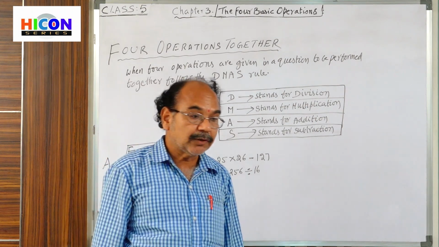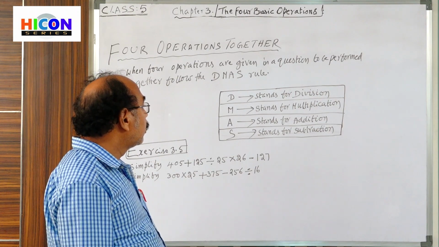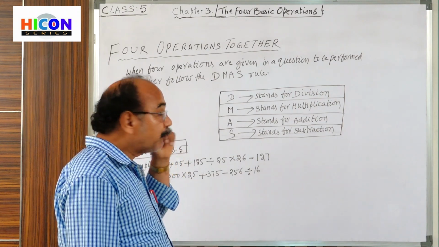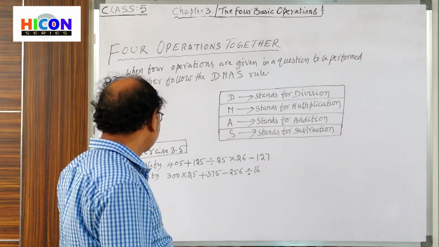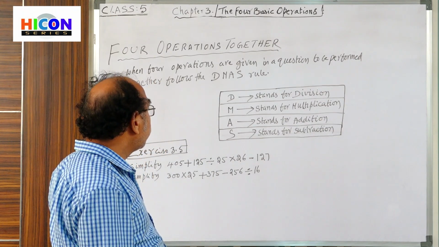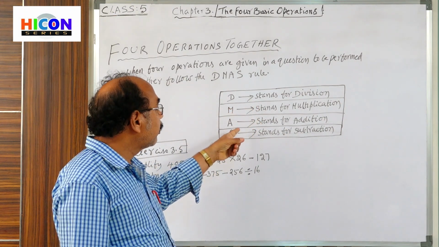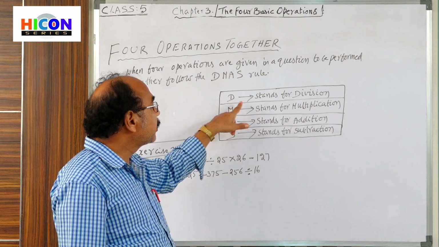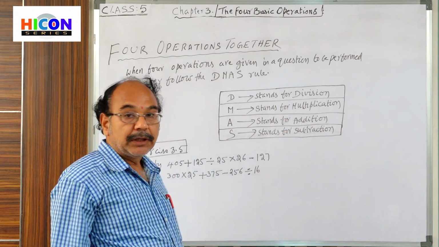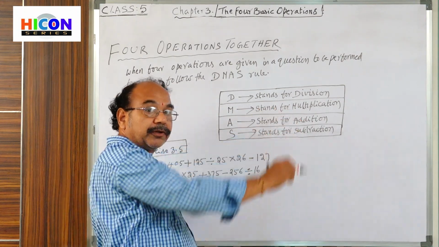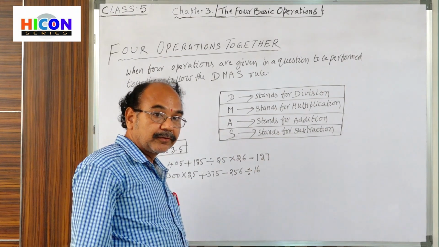At a time we will give all the 4 operations, that means plus, minus, into, divided. Then with the help of this rule we can simplify the problem. See, for example, here, DMAS table observe. DMAS means what? What is the meaning of DMAS rule? D stands for division and M stands for multiplication. A stands for addition and S stands for subtraction. Okay, check.